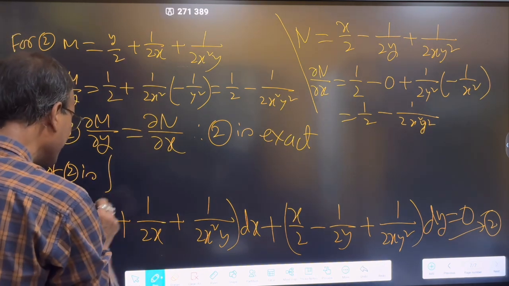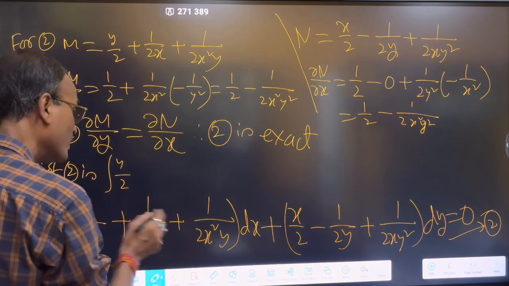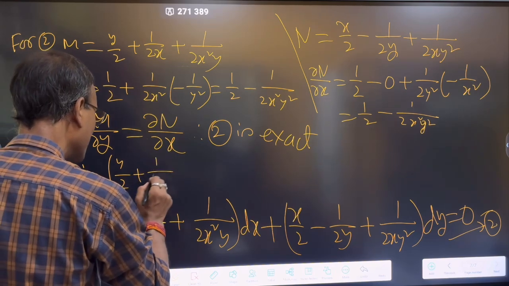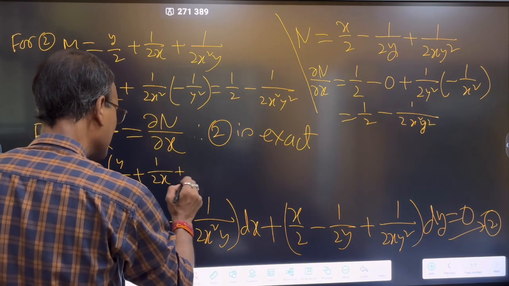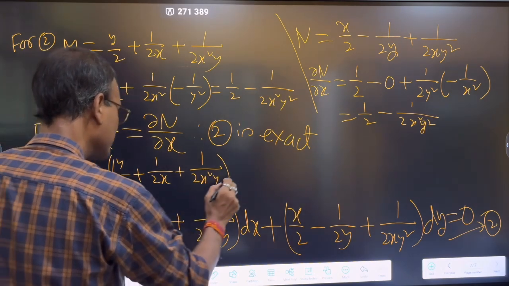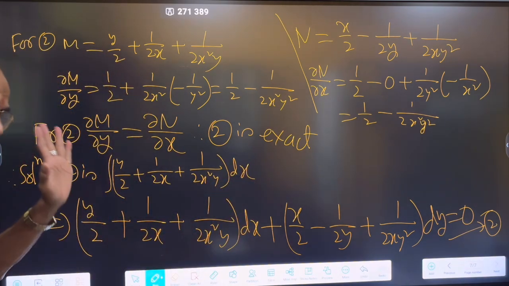Integral of M dx, treating y as constant,